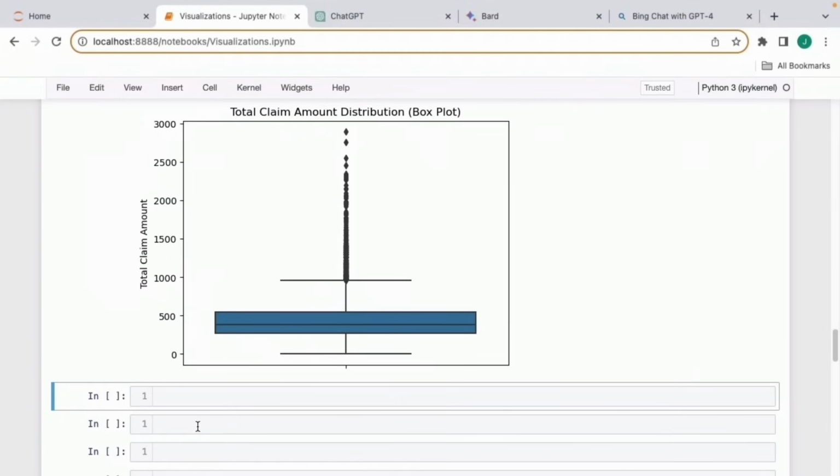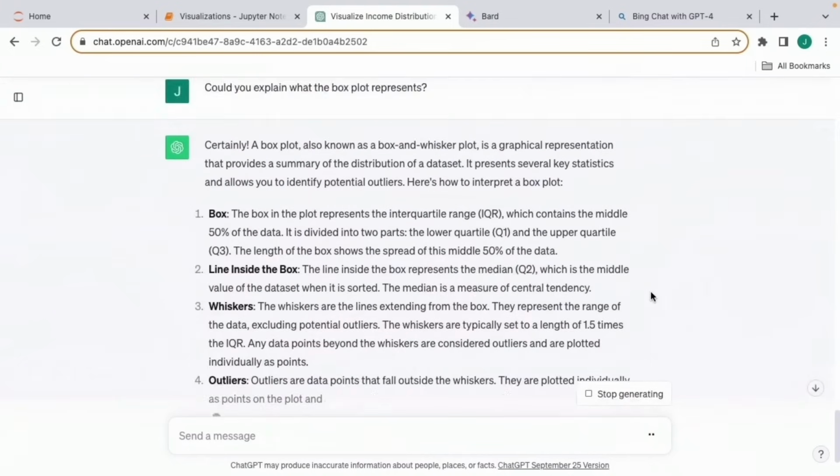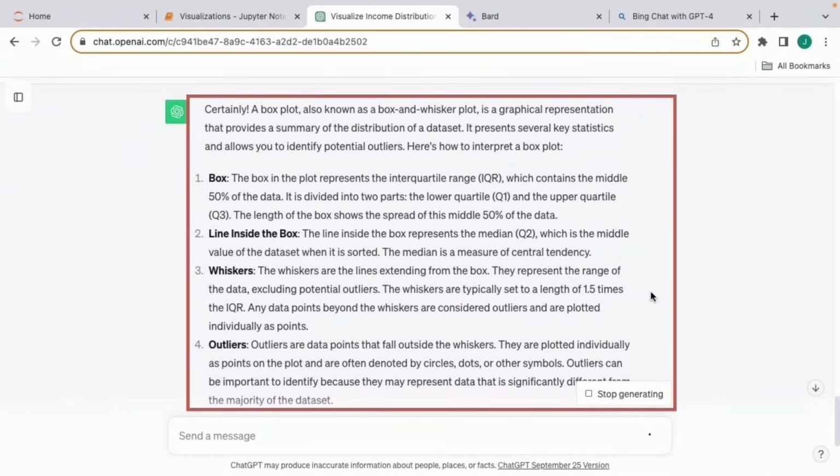If you're not very familiar with the box plot, you might forget what the box plot represents. And this is where you can ask ChatGPT for help. Could you explain what the box plot represents? And this will give you the complete details for your plot. What the box represents, what the lines inside the box represent, the whiskers, and the outliers, everything that we just